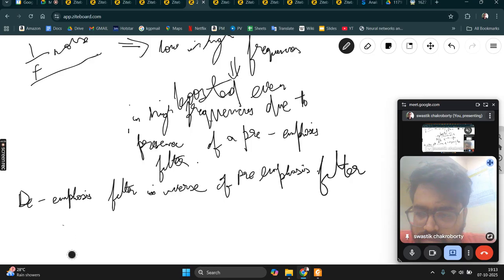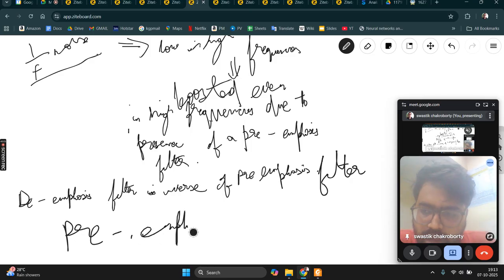So if de-emphasis filter is inverse of pre-emphasis filter, and pre-emphasis filter is HPF,